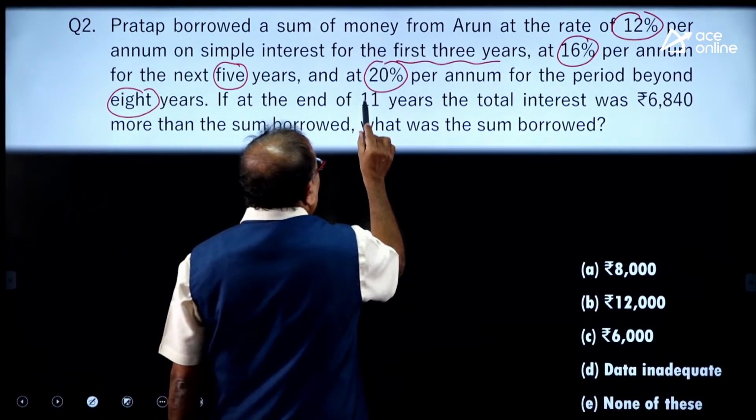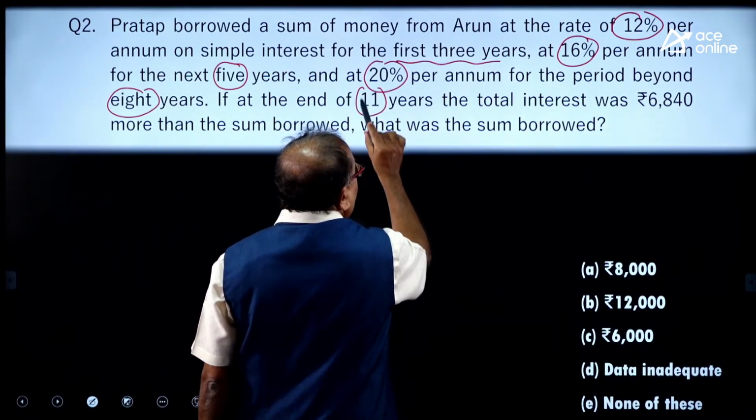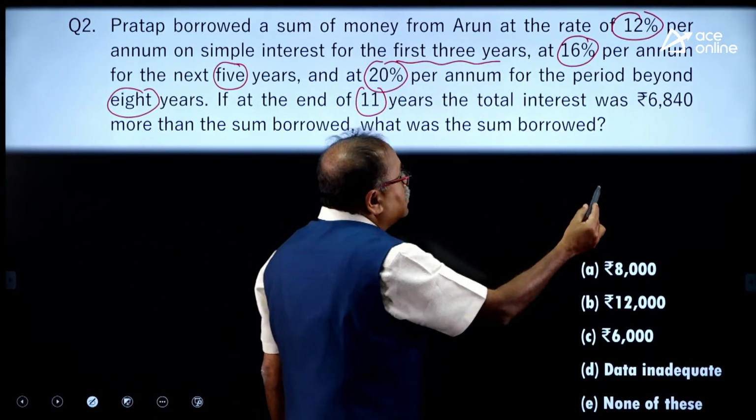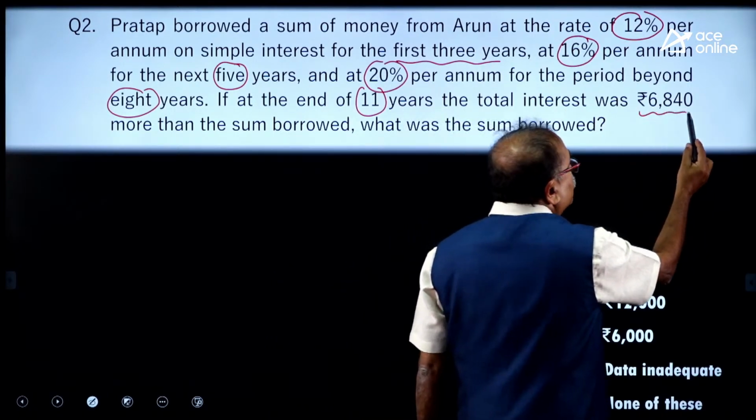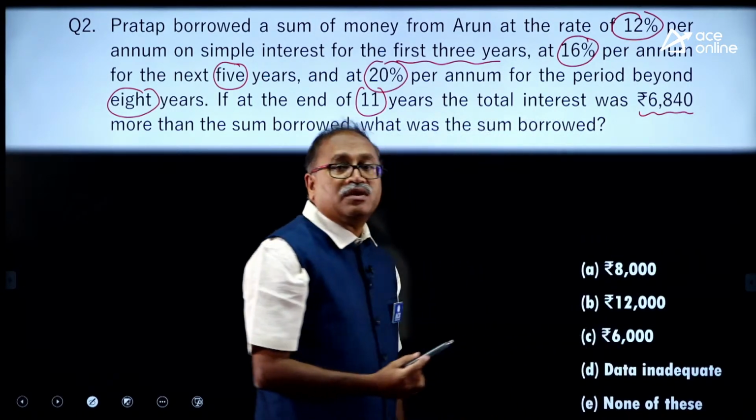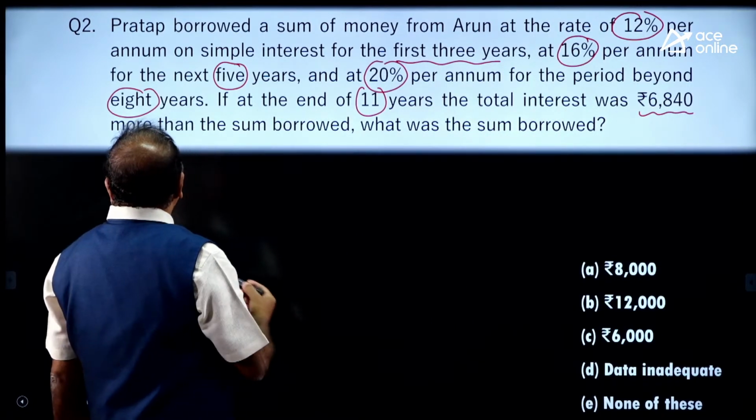If at the end of 11 years, total interest is rupees 6,840, then the question is